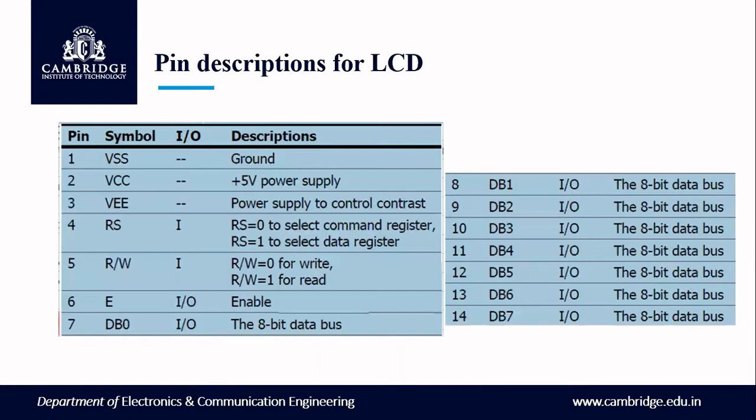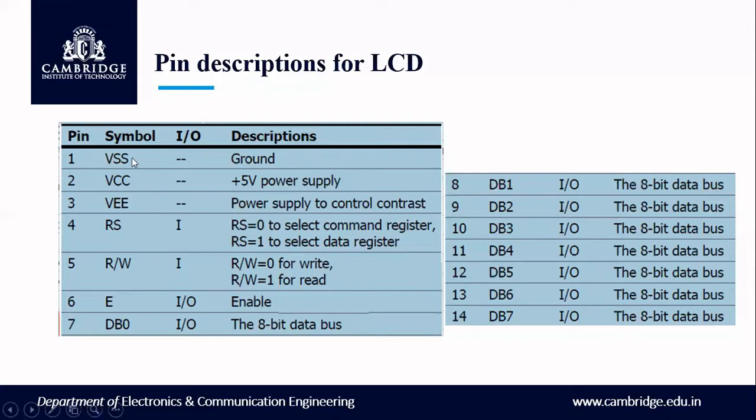So these are the things we need to understand: how important LCD is with respect to LED, and those are the advantages over the LED. So let us now see the pin descriptions of LCD. In these pin descriptions, we have selected a 14 pin chip. Other different types of LCDs are available. In this 14 pin IC, we are going to understand the pin details.